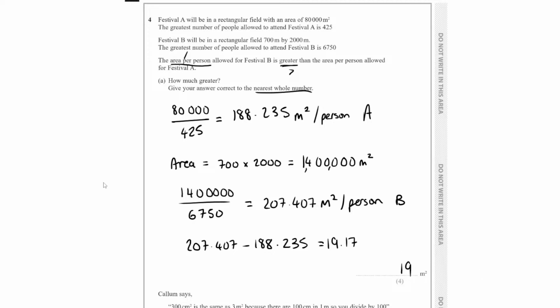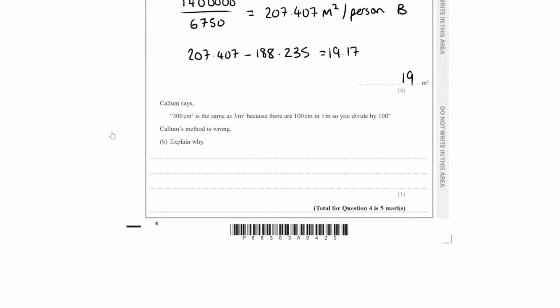Okay, as long as you've got 19, then you'll be fine. Okay, that's part A. Part B, Callum says 300 centimeters squared is the same as 3 meters squared because there